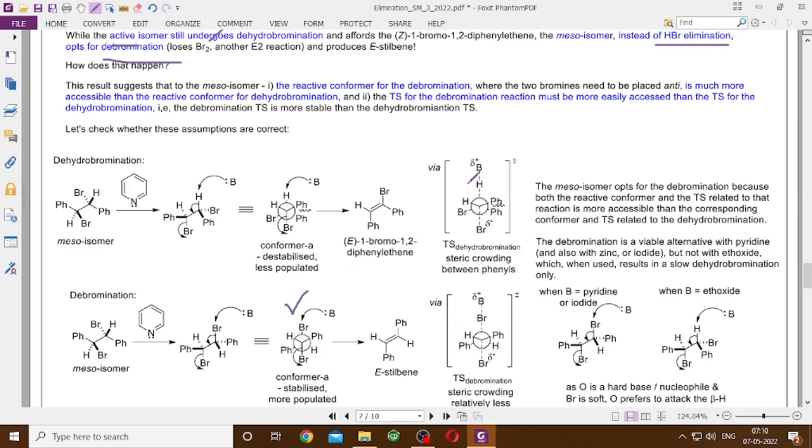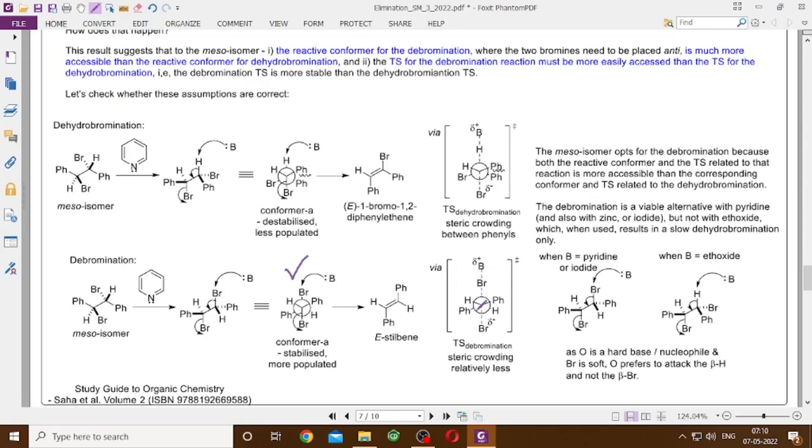Let us look at the transition states. The debromination transition states have these two phenyl rings away from each other, leading to the formation of the E-stilbene, where you can clearly see that the two phenyls are away from each other. But in the dehydrobromination transition state, these two phenyls are close to each other, and in the transition state there is a developing severe eclipsing interaction between these two phenyls. So this transition state for dehydrobromination is less stable than the transition state for the